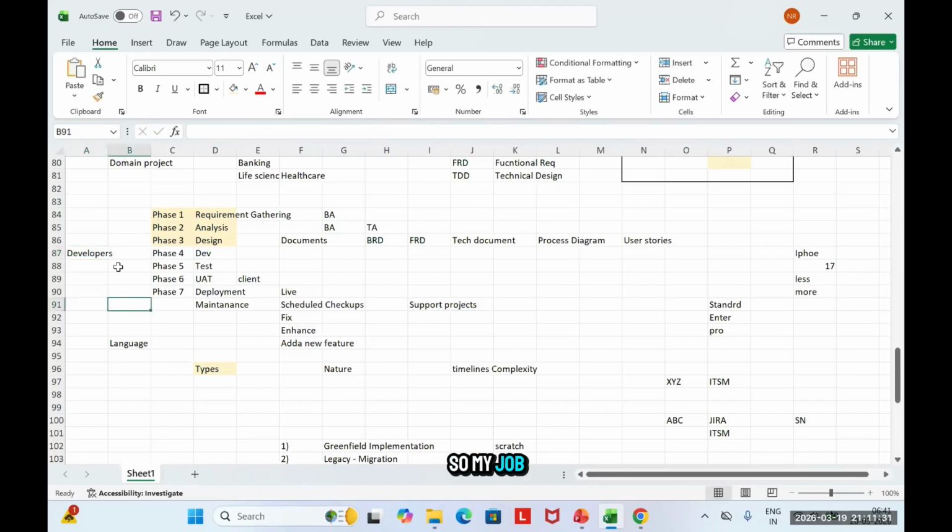The ownership of development is specific to developers only. My job as a BA, when I say analysis, is about all the information that I have gathered. When I'm gathering information, it's not just having a meeting with the client and I'm done. No, there is a lot more to it. I have a complete class on requirement gathering, but just to tell you quickly what it is all about.